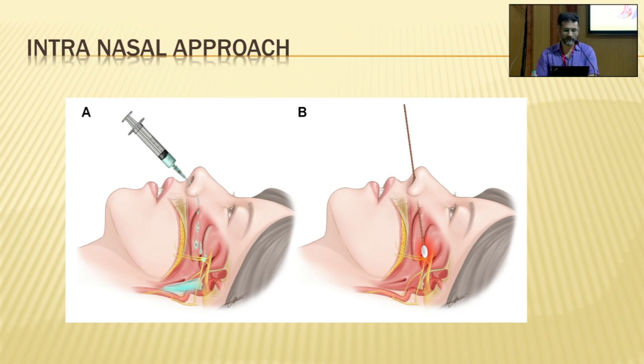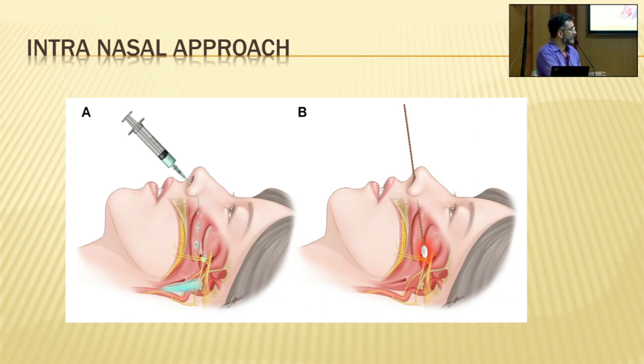First, and the easiest, is the intranasal approach. Classically, a patient of cluster headache comes to us with severe headache, which is very cyclic, and sometimes the patient even cannot come to the hospital before it subsides. If the patient comes to us, obviously we give oxygen, and then we go for a sphenopalatine ganglion block through an intranasal approach. The point is to get the local anesthetic in the fossa. So what we do is we just introduce local anesthetic.